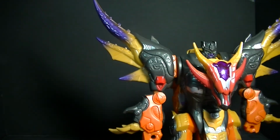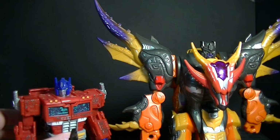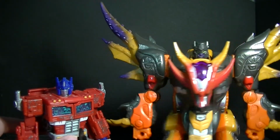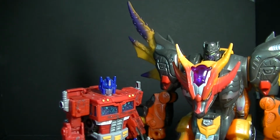Now for size comparison, we're going to do the Optimus Prime again. Modern day Voyager. Pretty much a figure that everybody has at this point, so...